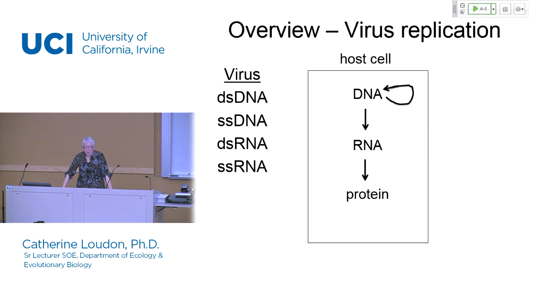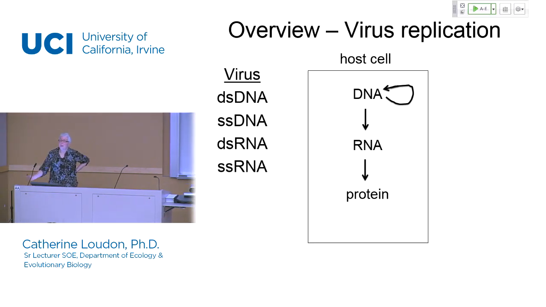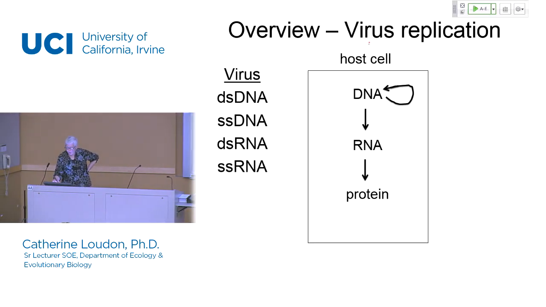So as we're considering the details of viral replication, I think the best way to wrap your mind around this conceptually is to consider what's going on in a host cell and what a host cell is set up for. This is not a figure from your textbook. This is simply a conceptual diagram to encourage you to wrap your mind around this. So what do host cells do?